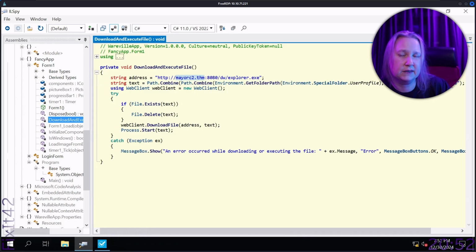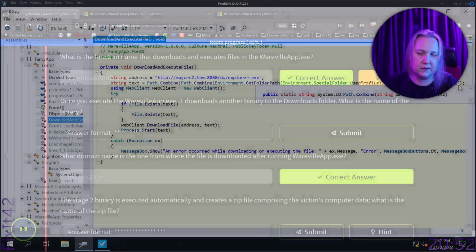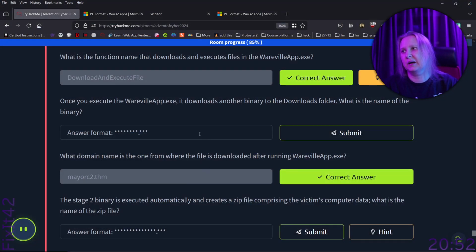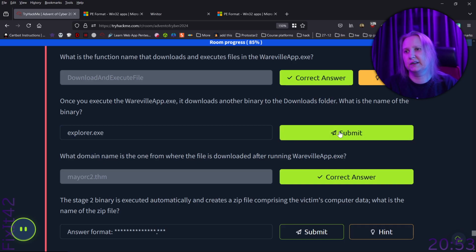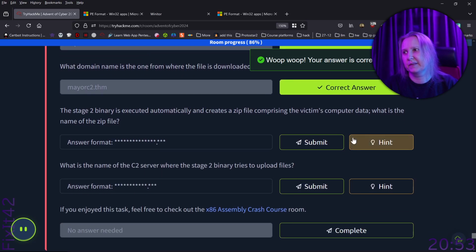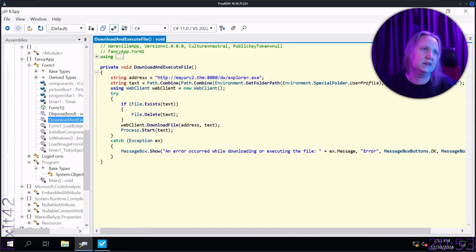So Explorer.exe. So this is the answer to the other question, by the way. So there were more answers. So we could have seen it happen too, of course, but it's more fun to read from the code, right? The stage 2 binary is executed automatically. So I was like, yeah, Explorer.exe. Well, that's a stealthy name, right? If that's running, if that's not running on the computer,